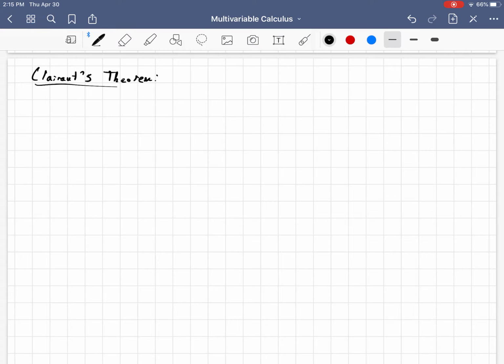And the idea is that if we've got a function f, it could be of n variables, but for now we'll just consider it with two variables, f of x, y. And it's on some disk D. So just to spell it out here right now, a disk D, if we have a circle